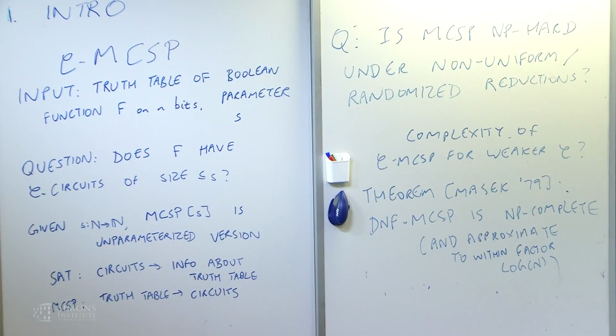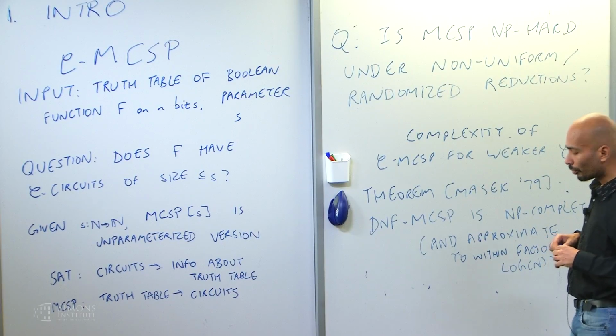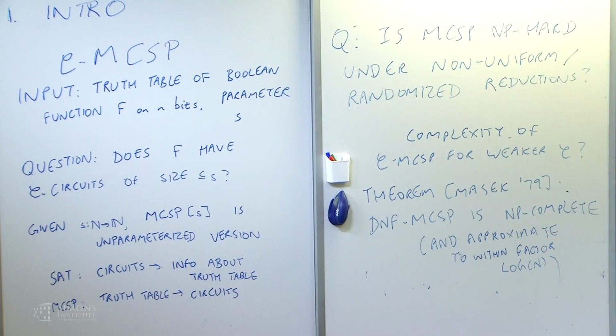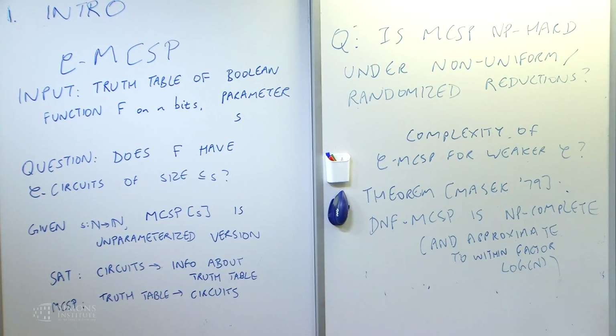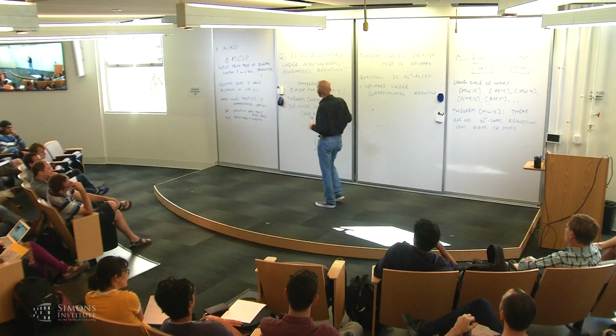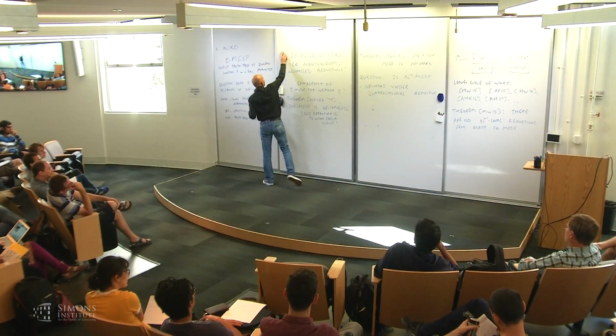Okay, so that's about the hardness of MCSP, the NP-hardness, or hardness under standard notions of hardness. Now let's look at the question of whether MCSP is in P and what evidence we can give against it. So far we have this NP-hardness result, but for MCSP in general, for Boolean circuits, we have no evidence at all that it's not in polynomial time, from what I said in this talk. So let's look at that question.